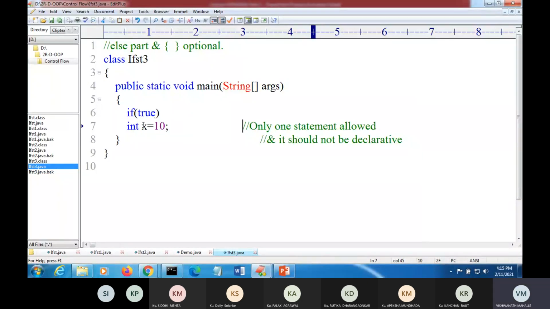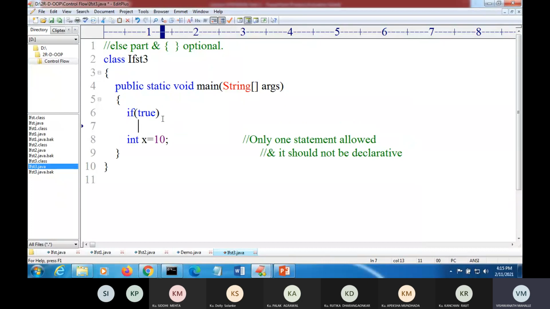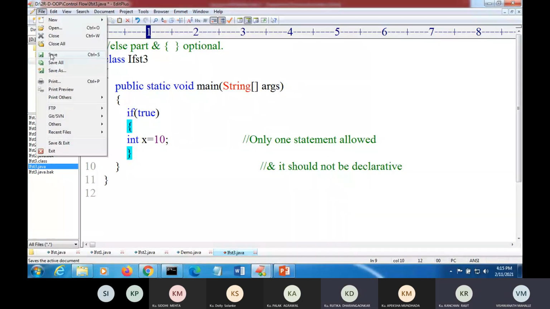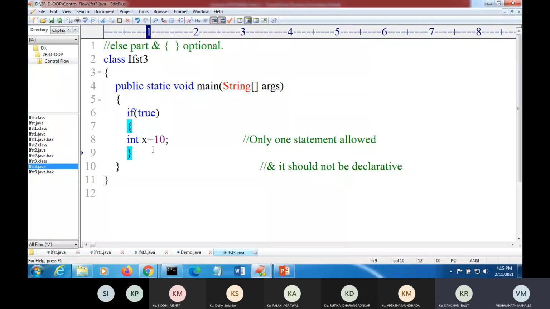But if I write here curly braces, then this is valid or invalid? Valid. Okay, within curly braces, a declarative statement is valid. But without curly braces, we are not allowed to declare any variables. Okay, so we will see this is valid.